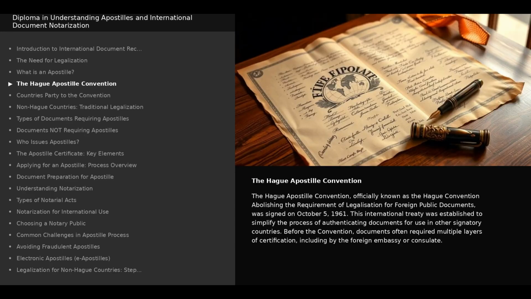The Hague Apostille Convention, officially known as the Hague Convention abolishing the requirement of legalization for foreign public documents, was signed on October 5, 1961. This international treaty was established to simplify the process of authenticating documents for use in other signatory countries. Before the convention, documents often required multiple layers of certification, including by the foreign embassy or consulate.